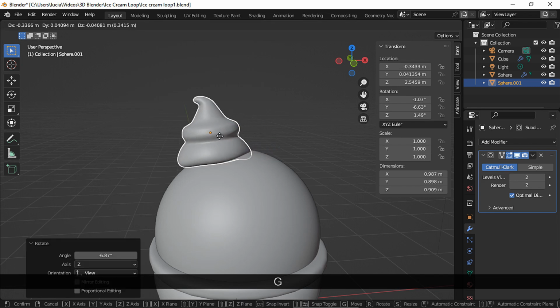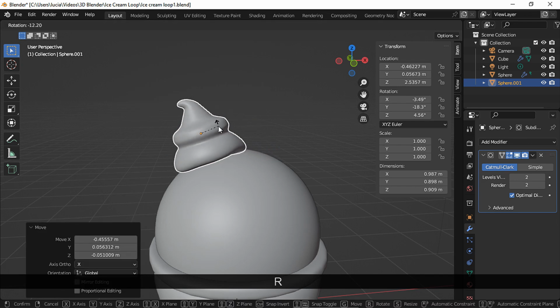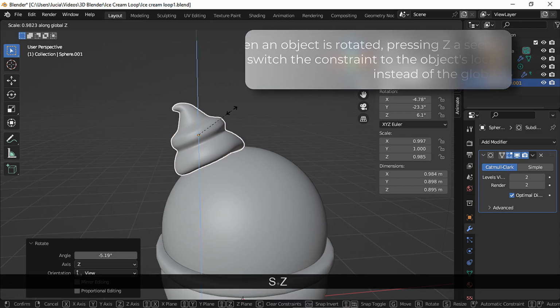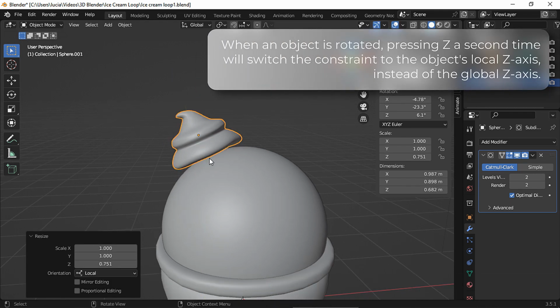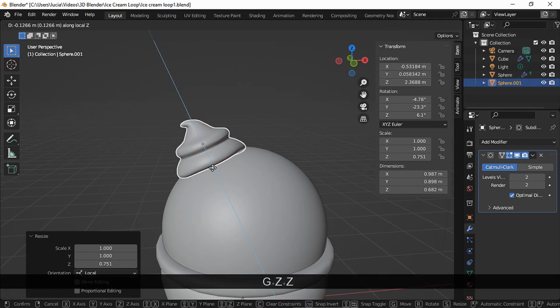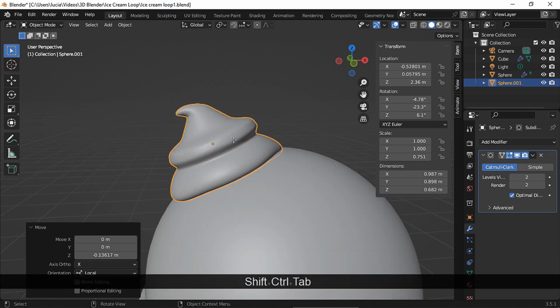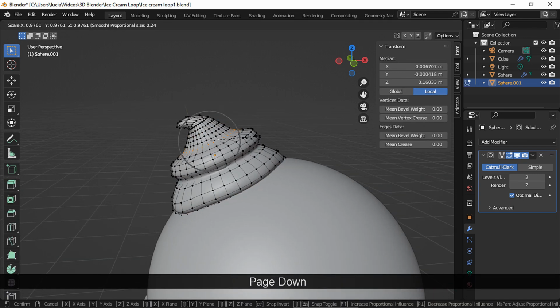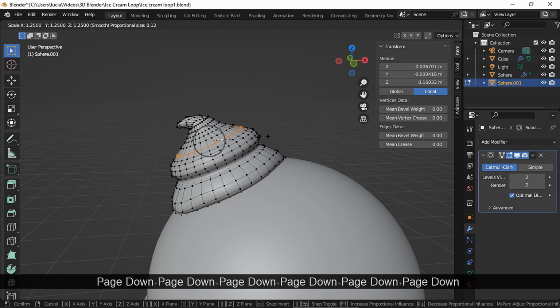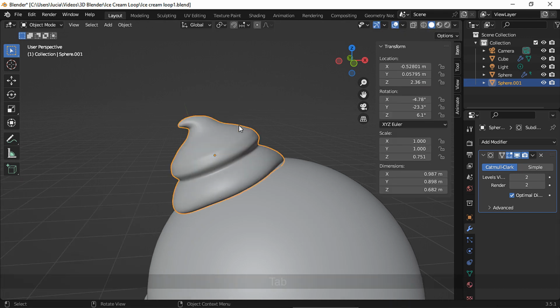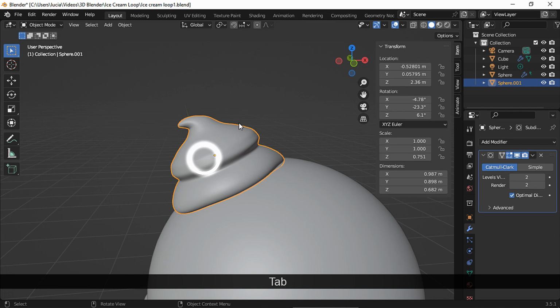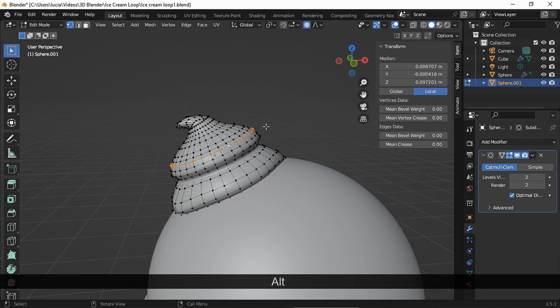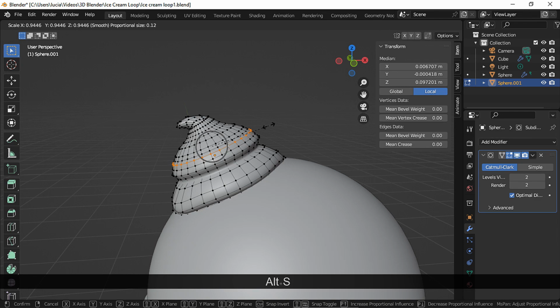And now it's easier to move. I actually ended up placing this mesh to the right, so later I'm gonna move it. Scale on the Z-axis, but press the Z key 2 times. And move down, press Z 2 times here as well. Now back to edit mode, I want to refine this shape. So select this edge loop and scale up a bit. Let's see it in object mode. There are some harsh lines I want to get rid of, so back to edit mode. Select this edge loop and scale a bit.